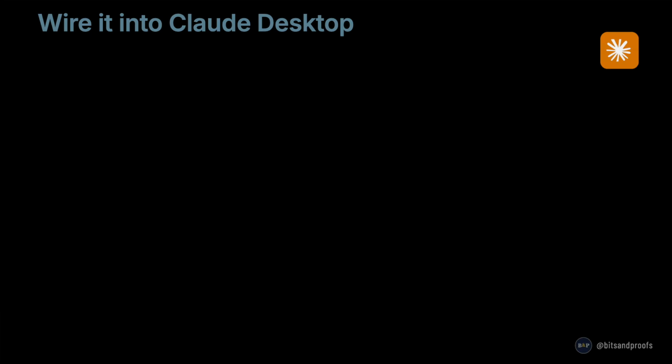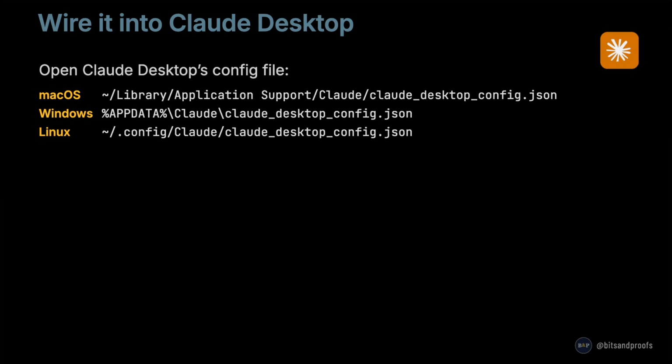Now connect this to a real AI agent. We will use Claude Desktop. Open the config file. The path depends on your operating system. On macOS, it lives under Library, Application Support, Claude. On Windows, under AppData, Claude. On Linux, under .config, Claude. The file name is the same on all three,